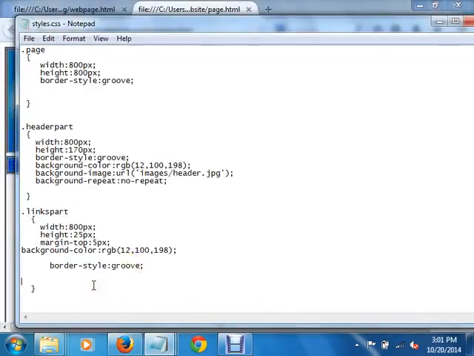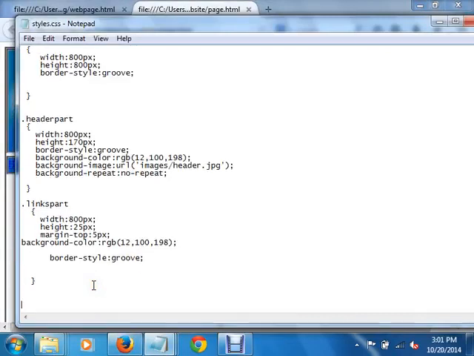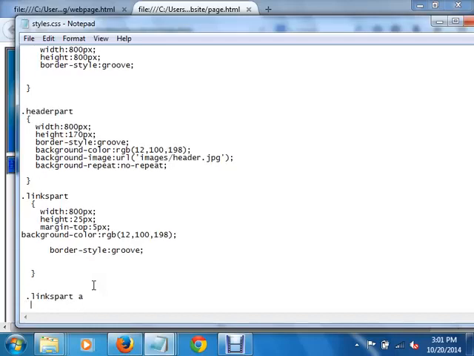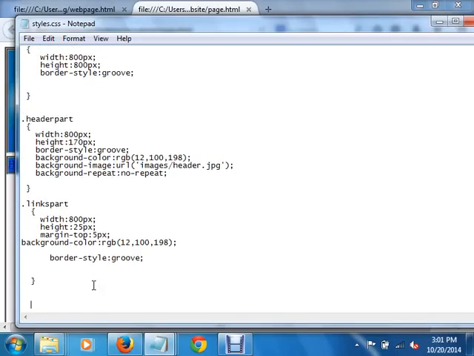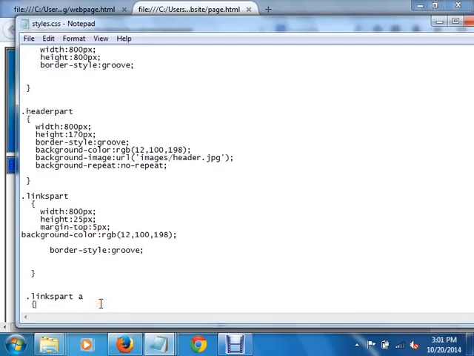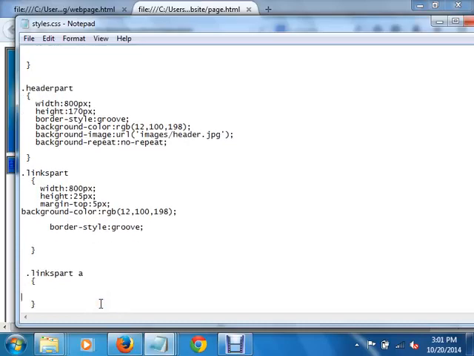So see here, I am writing like this: .links-part a, color, what is the value? 245, 246, 251.